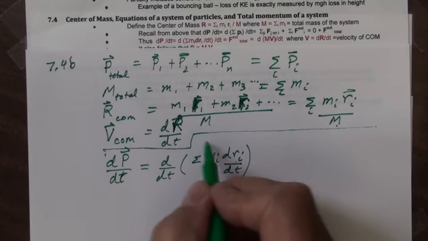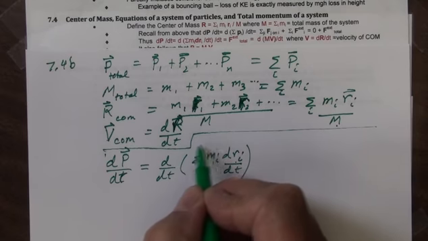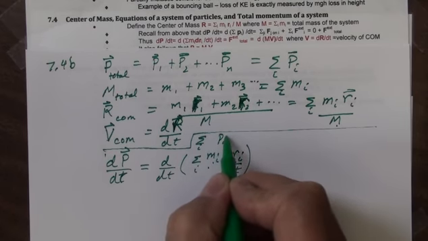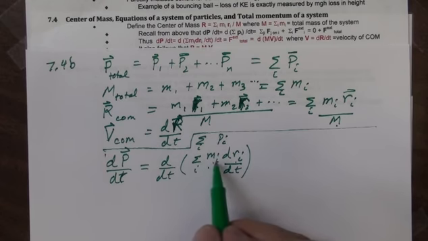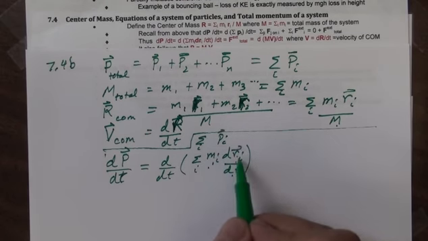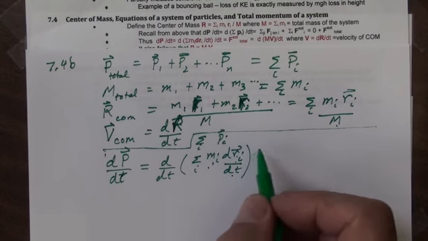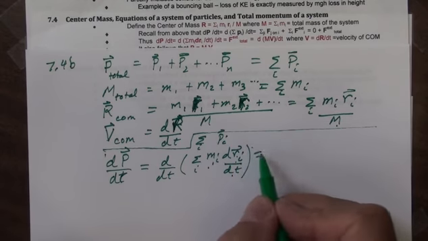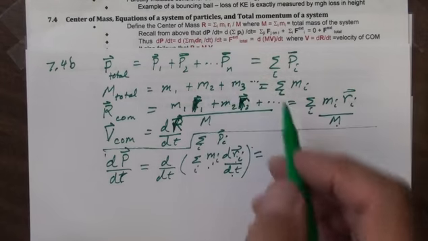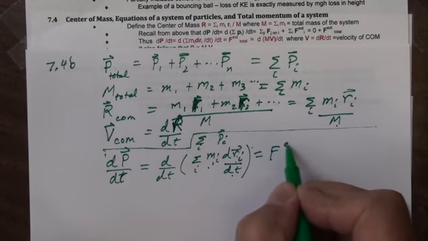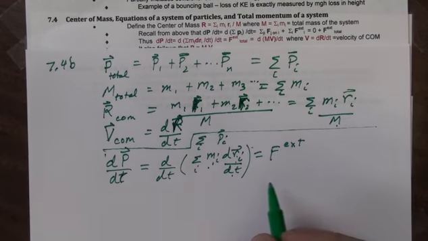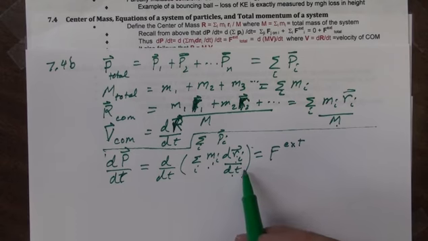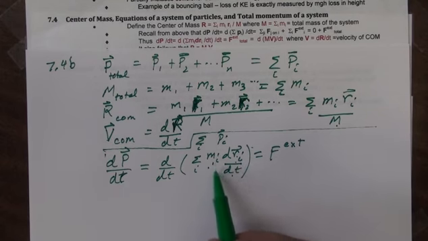And I'm going to write that out again so you can see that. This is the sum over i of little p_i, and little p_i is m_i times the velocity. And this then is, as we know, the total external force. But if we look at